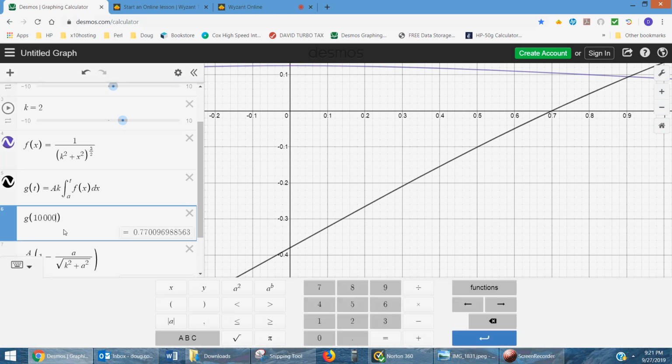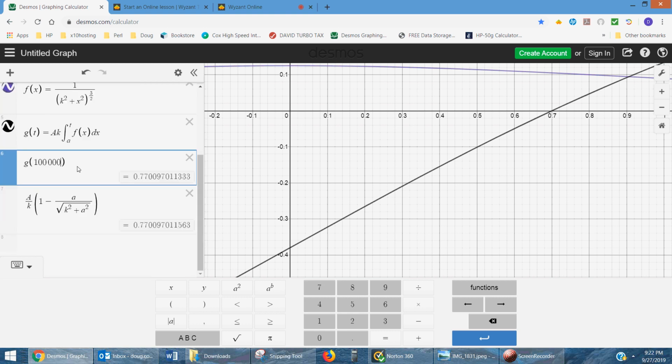Or they're close to being the same. If I add another 0 here, getting closer and closer to infinity, you can see that these are getting closer and closer. I'll put another 0, and boy, they're really close. One more 0. Well, now they're a little different. Okay. But,